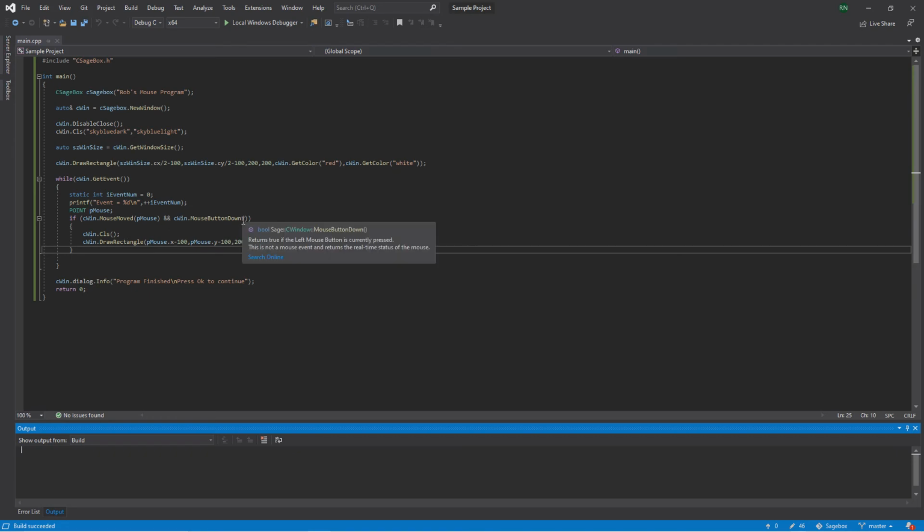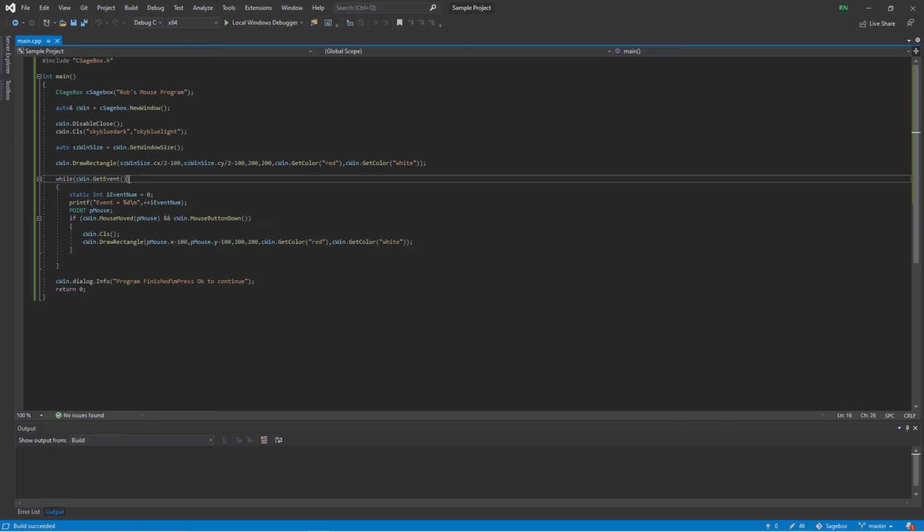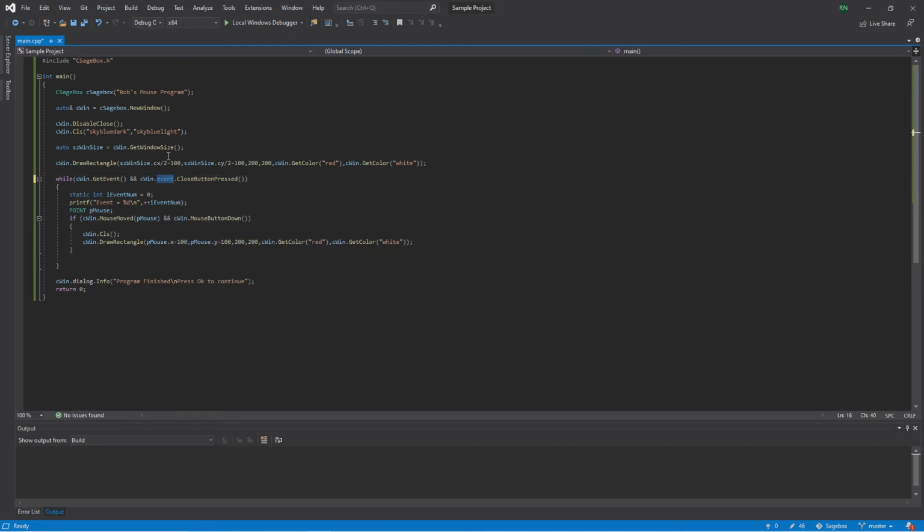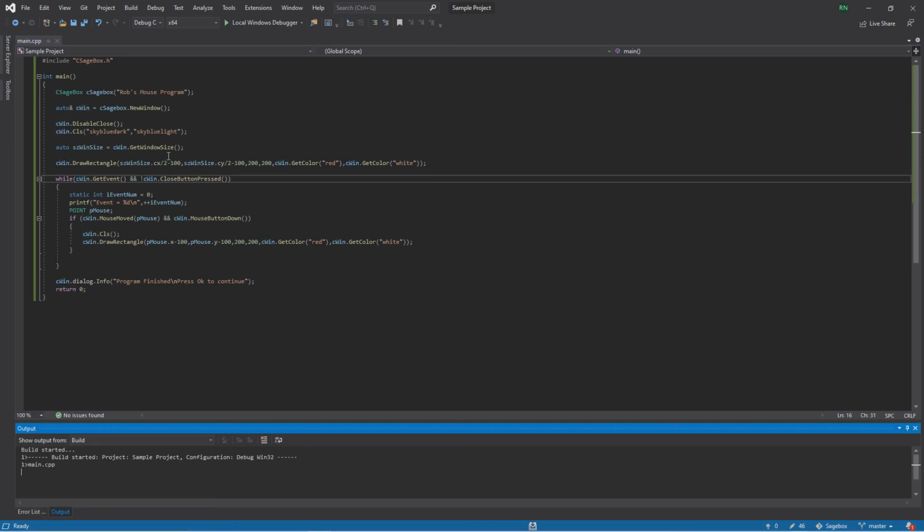And so the way we can do it is we can say, okay, we're in our get event, and it'll tell me that the close button was pressed. These are called events, and you can do events for any event. If you're thinking, okay, what event do I want, just type event dot and it'll give you a list of events with descriptions for everything. The shorthand, once you get used to it, is just close button press, and then not close button press. Since it's not going to fall through anymore,